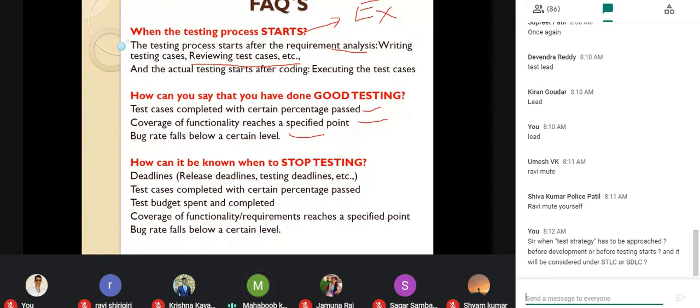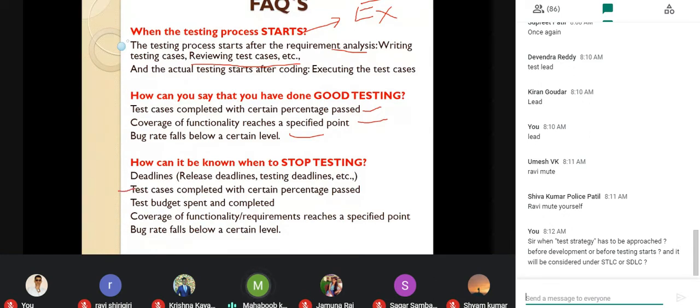How can it be known when to stop testing? Who will tell you that, or how will you come to know that you need to stop testing? Normally you will say the release deadline, testing deadlines, everything is met. One case, test cases completed.